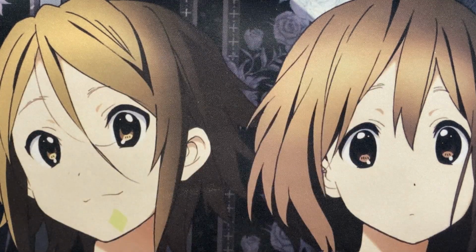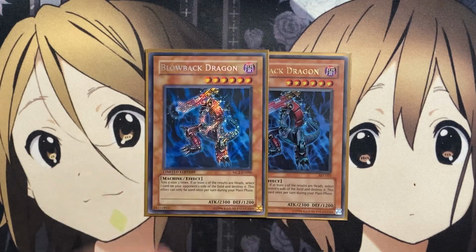The other fusion material needed for Gatling Dragon is Blowback Dragon. Toss a coin 3 times. If at least 2 of the results are heads, select 1 card on your opponent's side of the field and destroy it. This effect can only be used once during your main phase, but still, this is, I would say, a better card effect compared to Barrel Dragon,